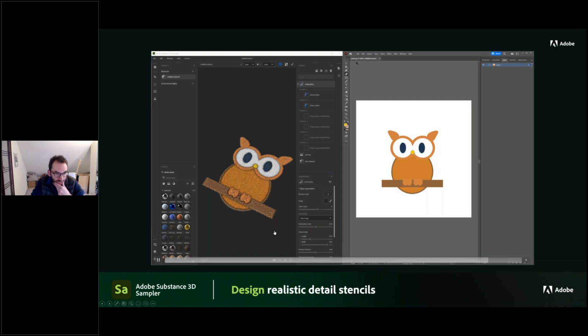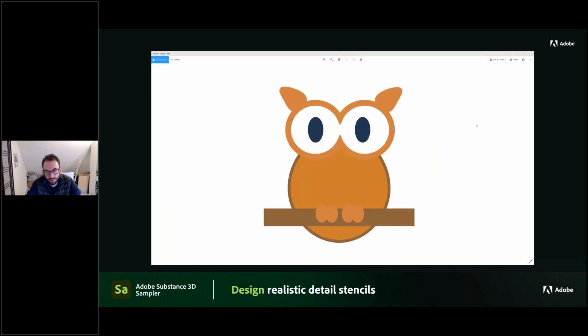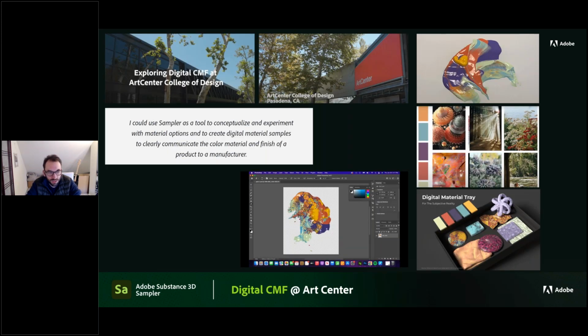So again, you are saving a lot of time beforehand to make it happen, but you are also saving a lot of time if you want to do any kind of retake. So if you are working on a branding, for instance, and you want to have an embroidery on the seat, and you are still iterating on the graphic design of the brand or the model of the car, it's super flexible. Something that we were very excited about is that we provided the tools, and especially Substance Sampler, to